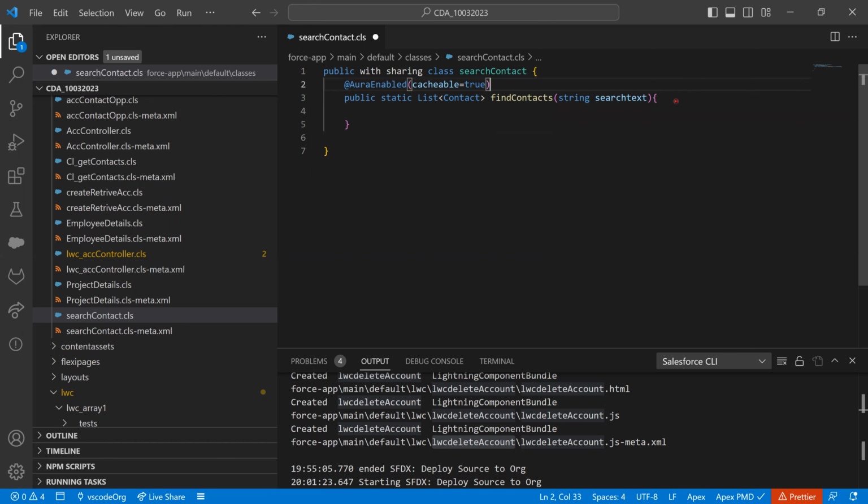Now I can directly write return: select Id, Name, Phone, Email from Contact where FirstName